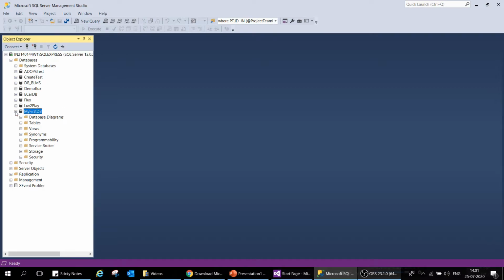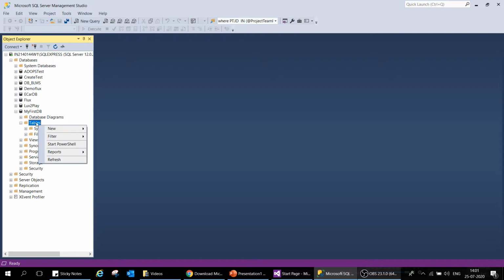And as soon as you click on OK, you can see your database has been created. You can see a lot of databases, that is my old database. However, you can see this is the new database which has been created. I have just created it. So if I open this, you can see no tables are available here. So we have created our database, and now our second step is to create a table.